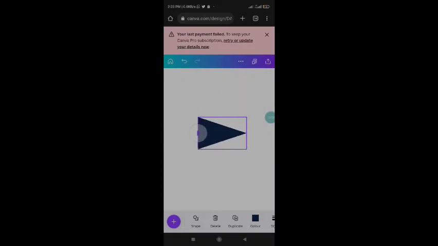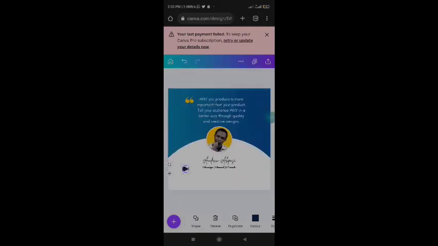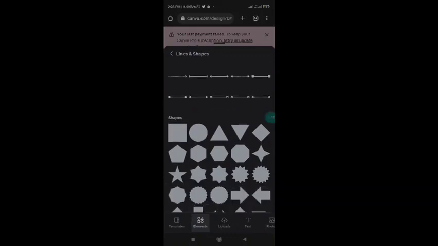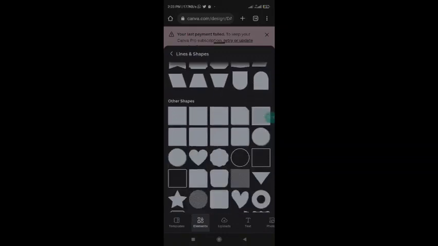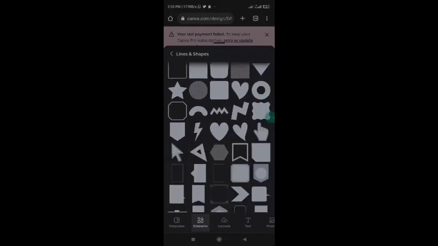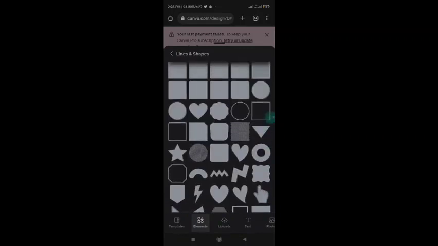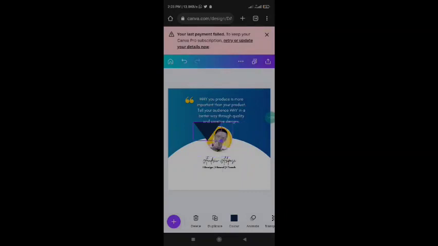Oh, did I use the wrong rectangle? Seems we picked the wrong one. Let me go back again. Come to the plus icon. Why is that not going? Okay, let me select this. Still the same thing. No. Okay, I think this one has adjusted. Reduce the size,